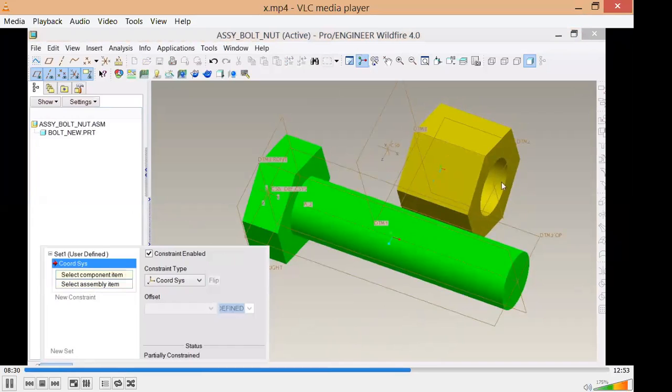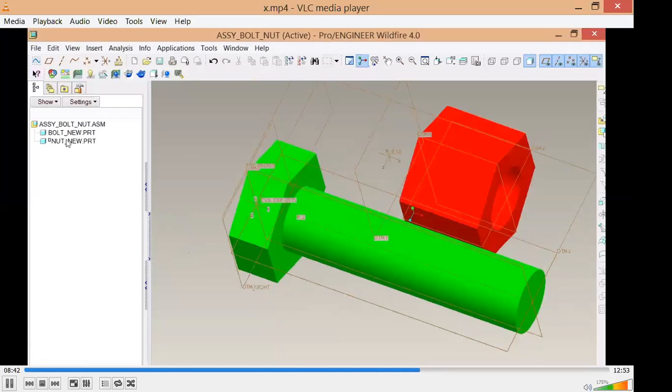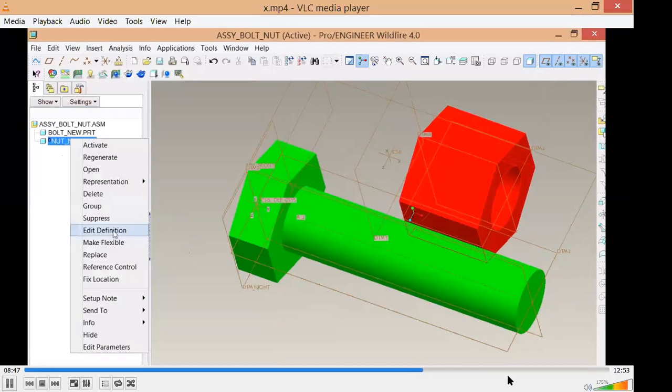This is very similar to the existing one. You can also place the components initially at the desired place. That is also possible. So what I'm going to do is, look at this, a small rectangular box is coming next to the new part because I've deleted the constraint. Now it is not constrained. It is unconstrained or partially constrained.